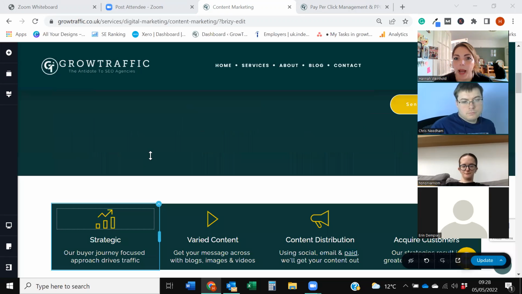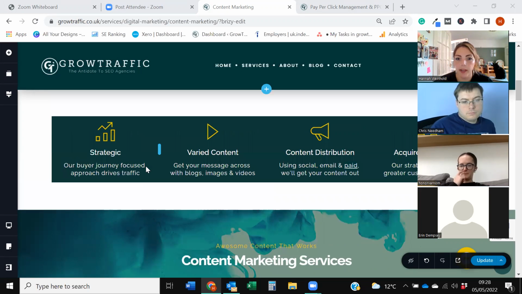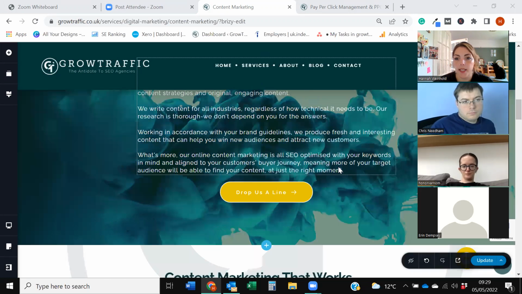So that's it then. I'm happy that I've got the keyword in an H2. I've got the keyword in my first paragraph. It's splattered throughout. I've got a few internal links. I've got calls to action in there. So I'm going to update